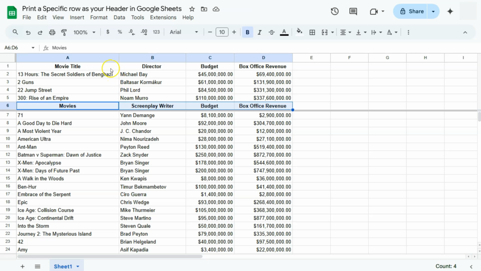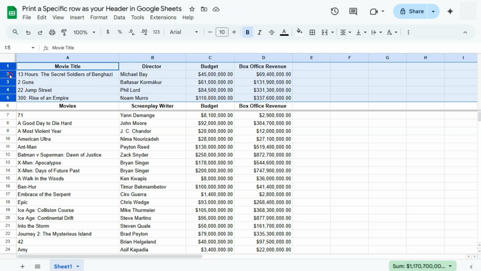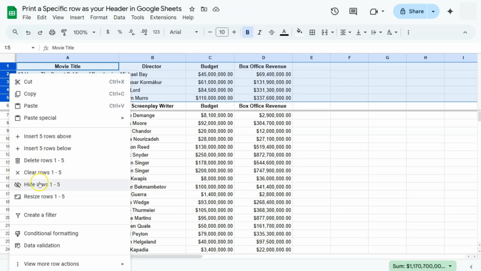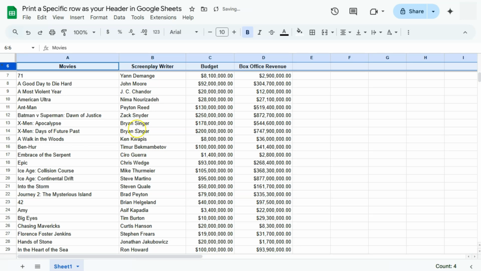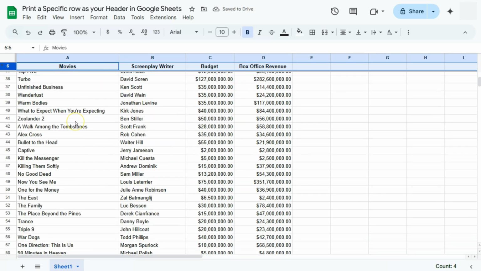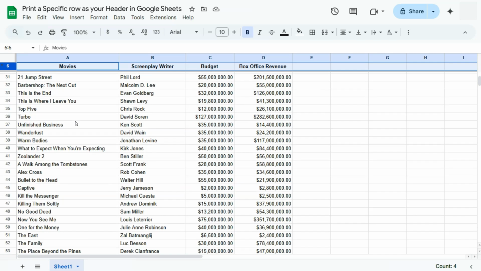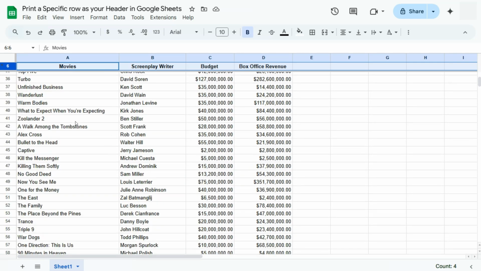Now, of course, we don't really want to see this part right here at the moment, but we also don't want to delete it. What we're going to do is to hide these rows right here. So once you select those rows, right-click, then select Hide Rows 1 to 5. We click on that, there we have it. Our sixth row still stays in place, it's still visible,